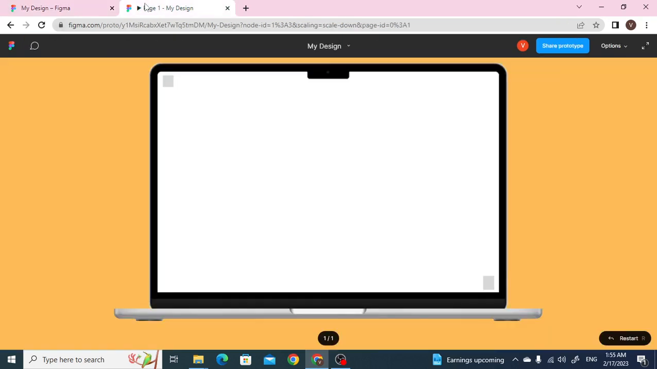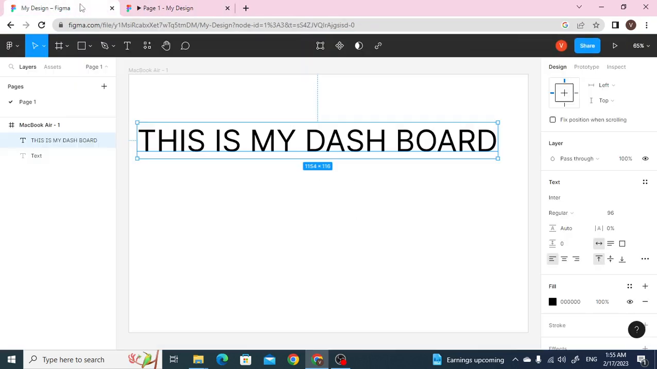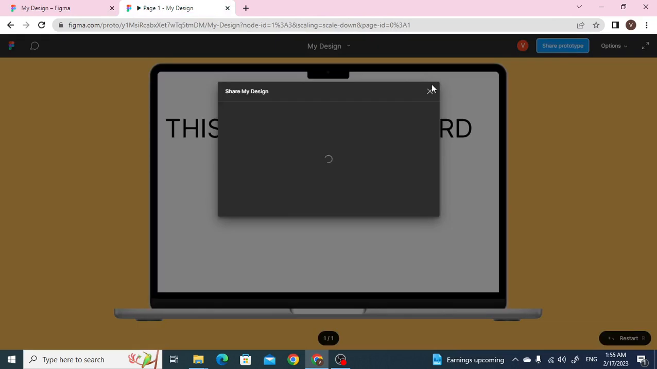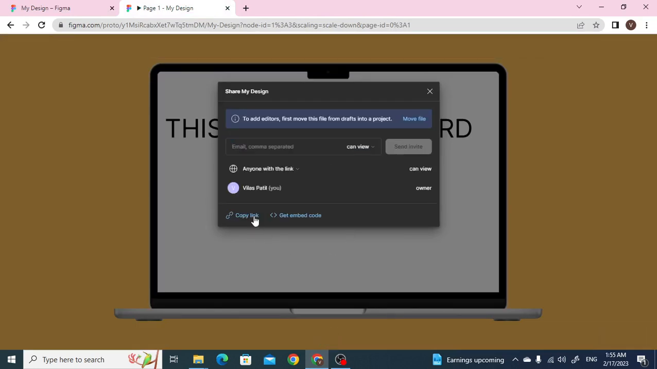Okay, now we can see the preview over here. Okay, this is the preview. Now one more thing, you can share this link, and everyone who has this link can see the design. They can check the preview of the wireframe over here. Okay, this is all about